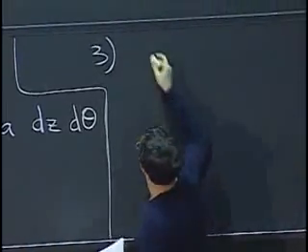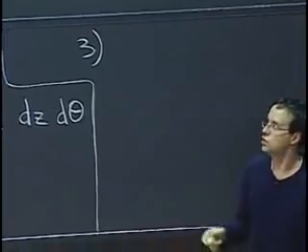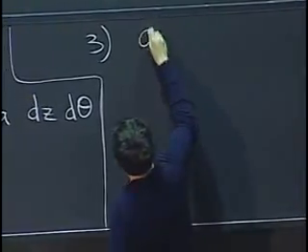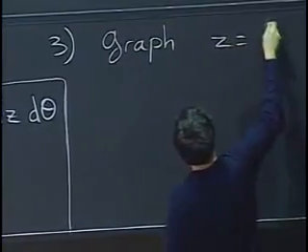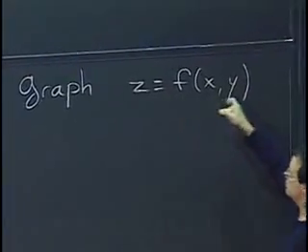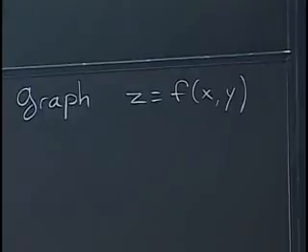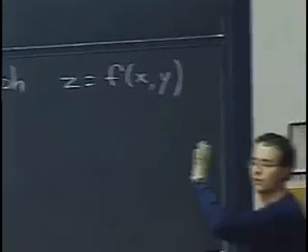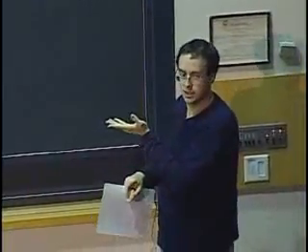I mean, it's a good try, but let's look at a more general kind of surface. Let's say I give you the graph of a function z equals f of x, y. So this has nothing to do with the integrand. It's not what we're integrating. We're just integrating a vector field that has nothing to do with that. This is how I want to describe the surface on which I will be integrating.